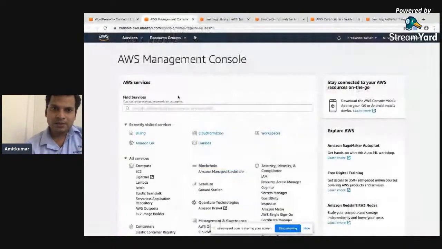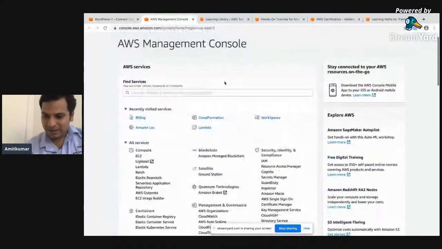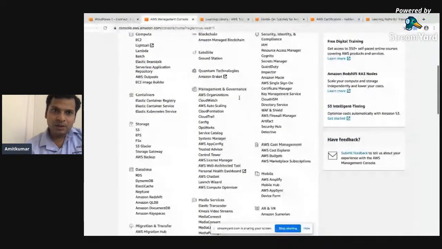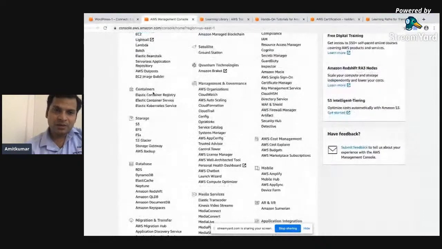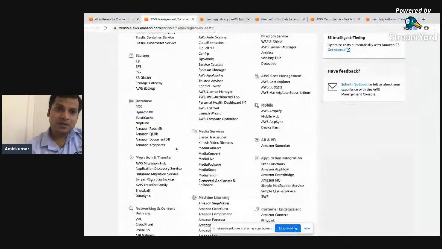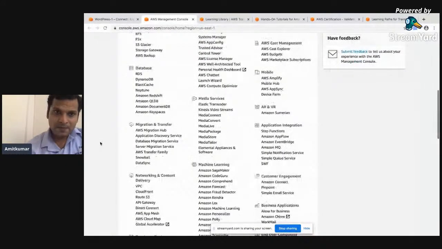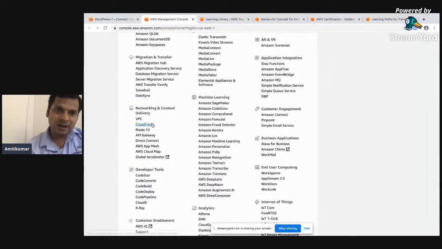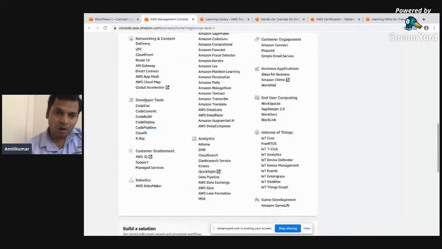Meanwhile, I'll take you to the console here as well. So you can see this console. These are the set of services that are available for compute, your containerization, which is microservices, your storage, a host of services, various multiple options for your databases. This is your RDS, this is your NoSQL, this is your in-memory database, your data warehouse solutions, and things of that sort. Migration and data transfer services, network. We spoke about VPC, CloudFront and Route 53. Developer tools for your automation of